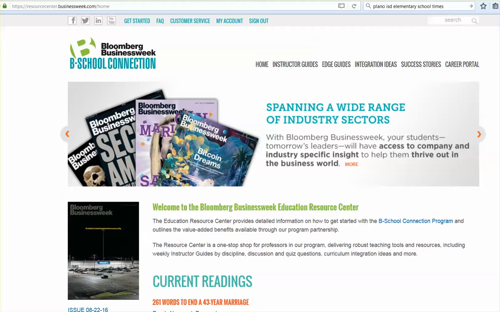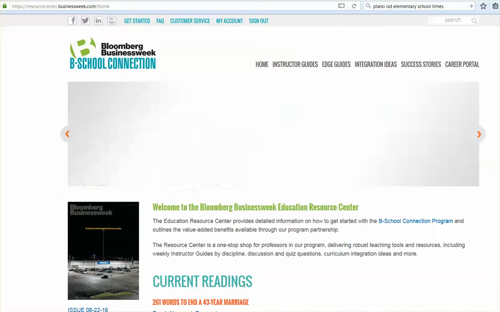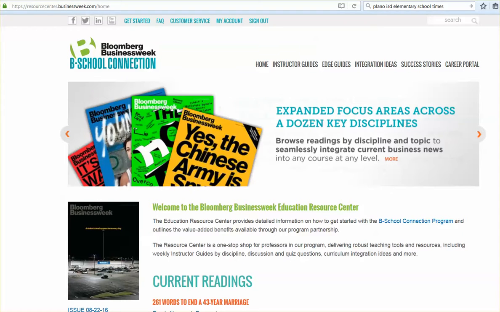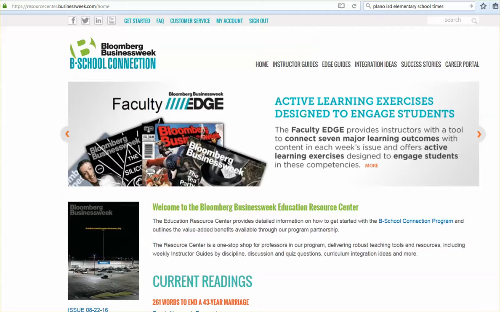So, you are going to create an executive summary. And the trick here is that you probably want to figure out which article you want to do your executive summary on as soon as possible, because no one in the class can use the same article. And you are all going to find your articles at Bloomberg Business Week